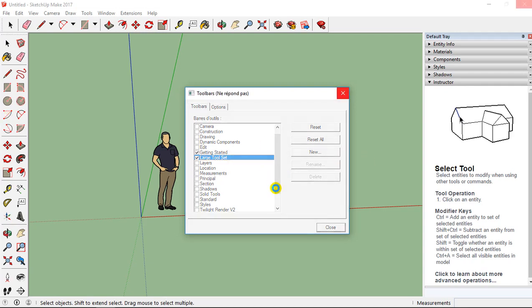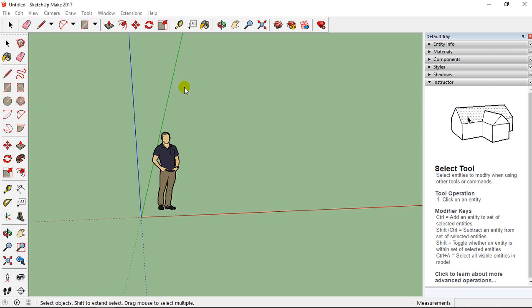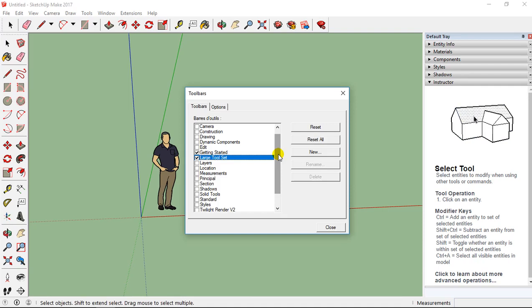And you can also add Other. But be careful, because sometimes you are going to have exactly the same tool on one tab and on another tab. So you don't need to have exactly the same thing twice. I'm going to give you an example.